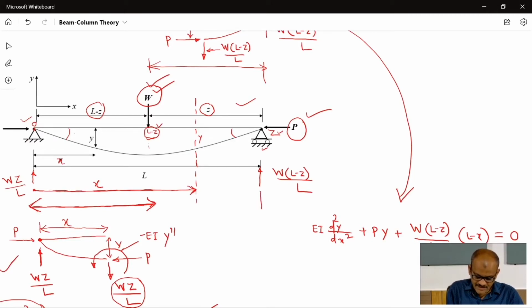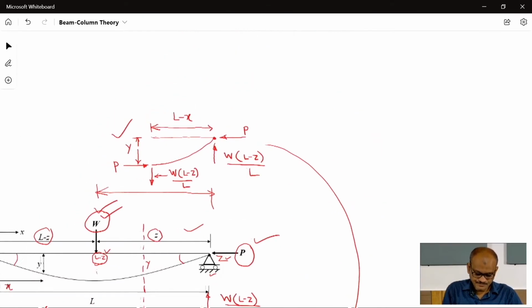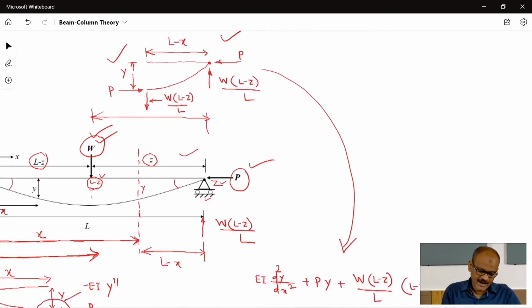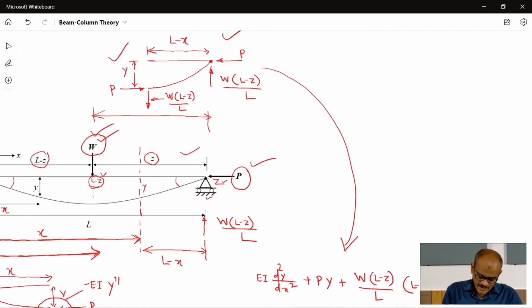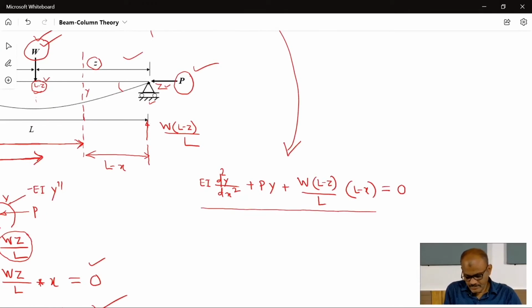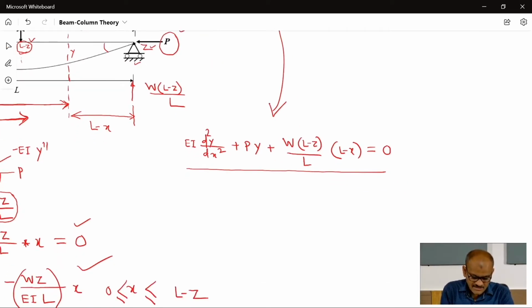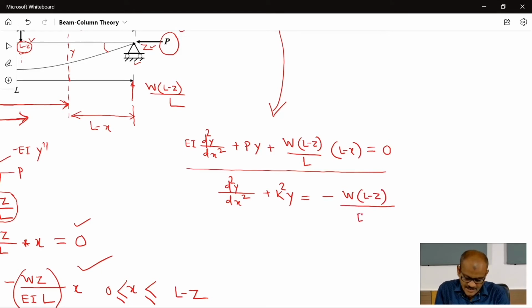So the distance left here is L minus x. This way you can write, and if you write moment about this point, then this is the equilibrium equation. Then this equation in standard format, if you write, it will be d square y by dx square plus k square y is equal to minus W (L minus Z) divided by EI into L